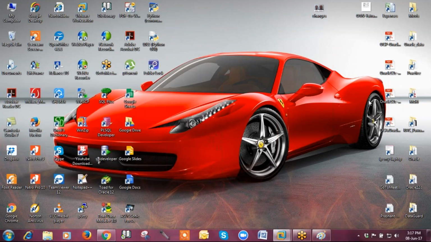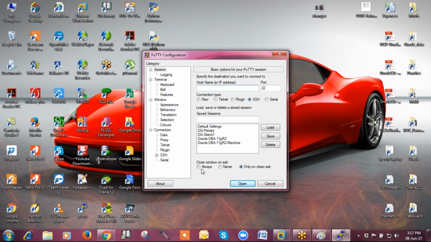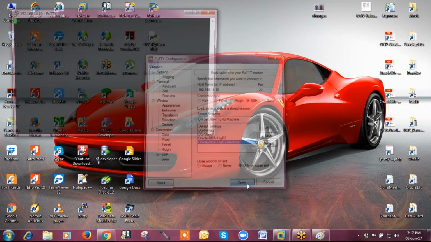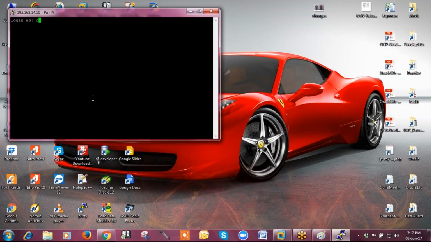Another option is a software called Putty. You can connect with your machine with this Putty as well. Open, Oracle and Oracle.